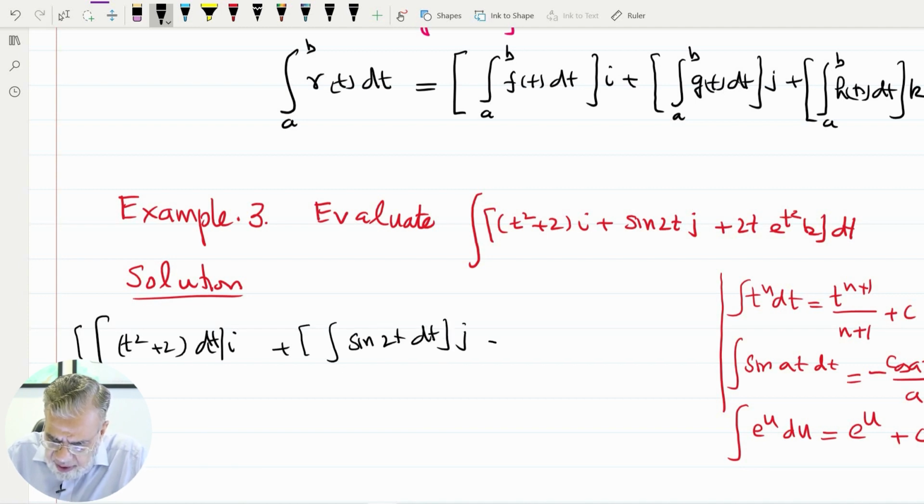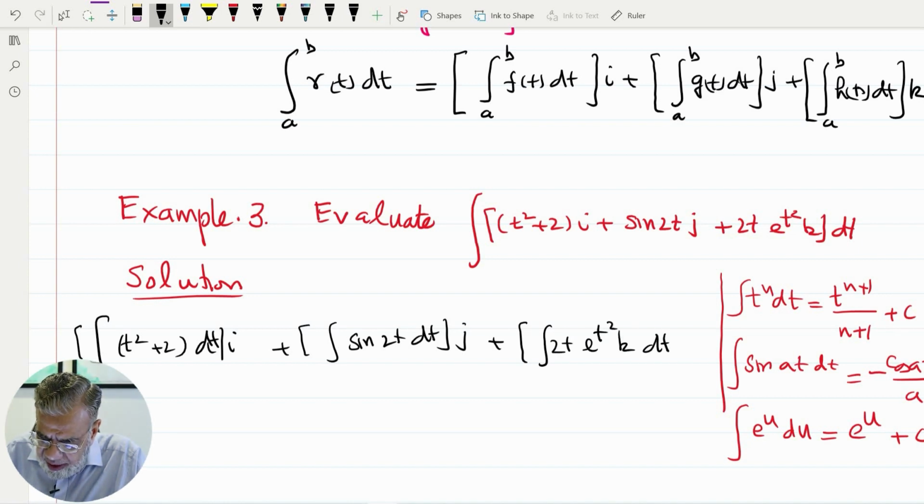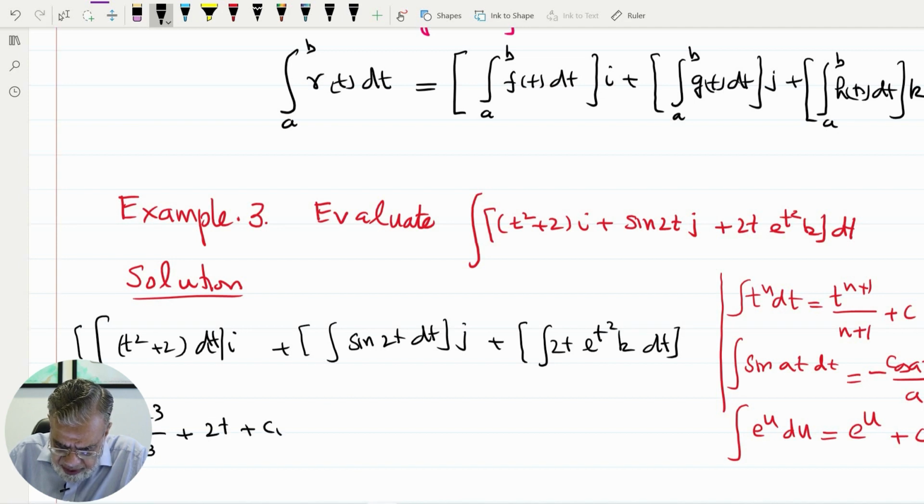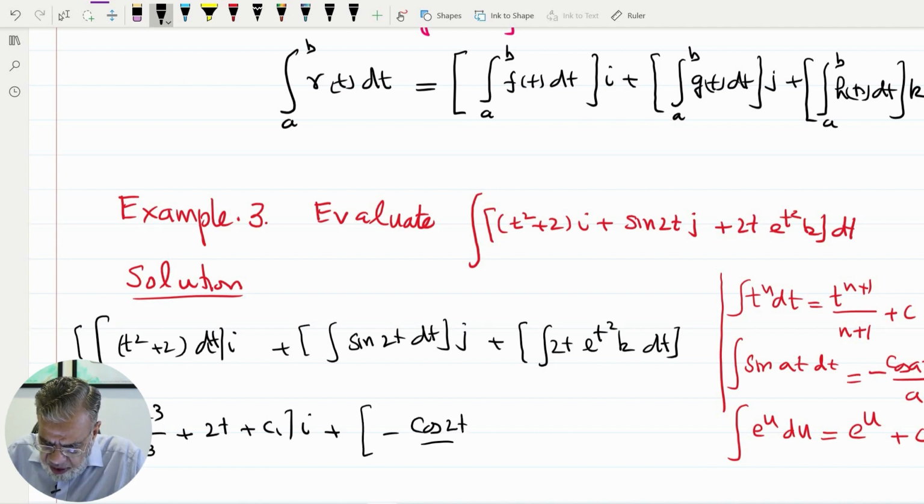this is my j component, and then I am having here the integral 2t e to power t square k dt. So in the first one is my polynomial function. I get here t cube by 3 plus 2t plus c1, and this being multiplied by i. Then here we get, as given in the formula, my a is equal to 2. So I'll get here minus cosine 2t over 2 plus c2, I'm having here j, and plus